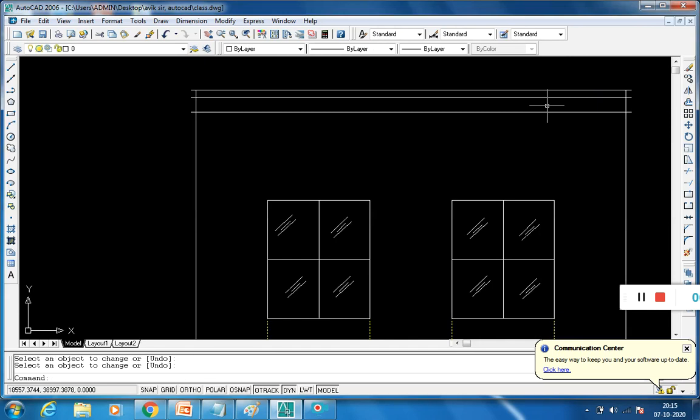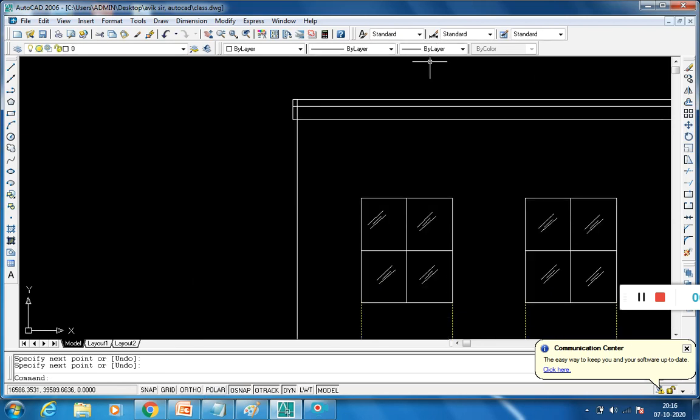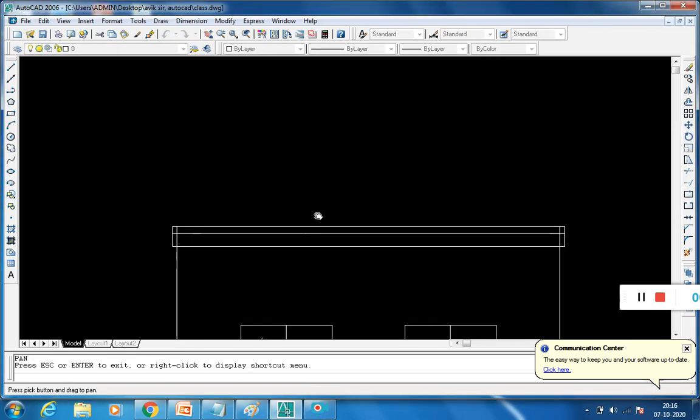Again use the L command. Enable OSNAP mode. Again press space bar. Use the span command.